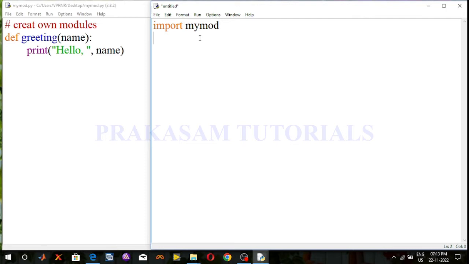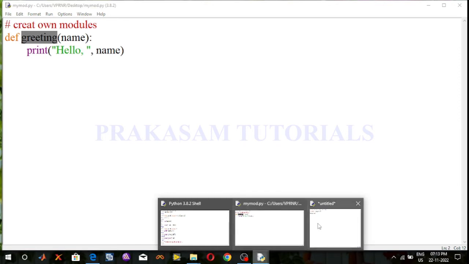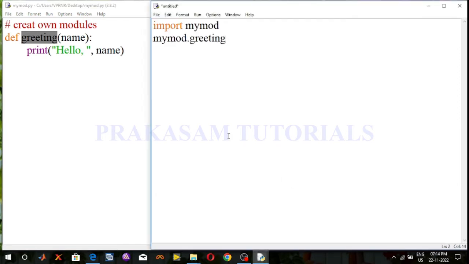Press the enter button. Now here my own module is my mod. So type my mod dot greeting, calling the name of the function. Here the name of the function is greeting. Inside the parenthesis I will write a string statement. For example,